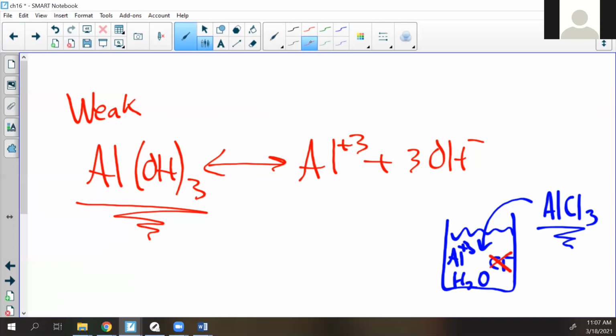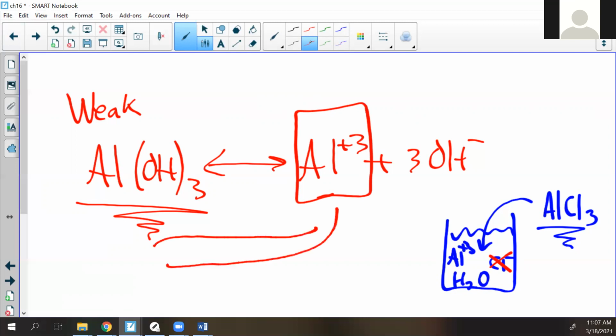So I now think, all right, I have this ion in water. Where's it going to go? It's going to go that way. In order to go this way,